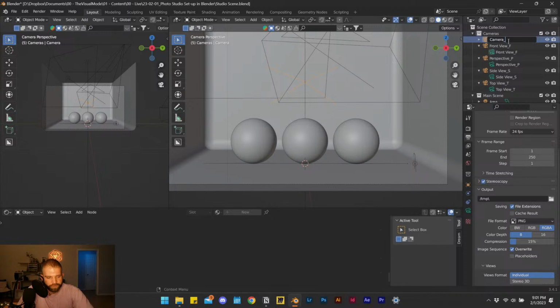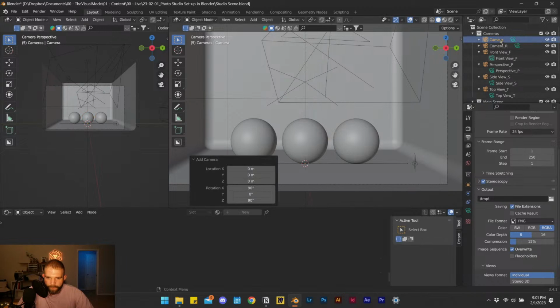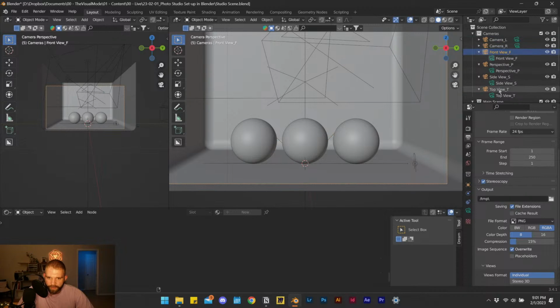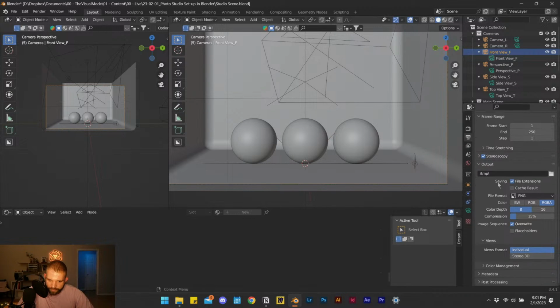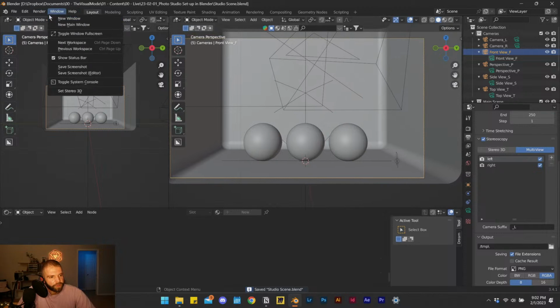So let's say I call this camera R. I'm going to create a new camera as well, and I remove all these cameras as stereoscopy cameras. So I just have my left and right camera. We can eliminate all these cameras. Oop. Nope, it's still not working. Camera F is not a multi-view camera. I don't even have it set as a multi-view camera. Yep, still going through that glitch. Anywho,